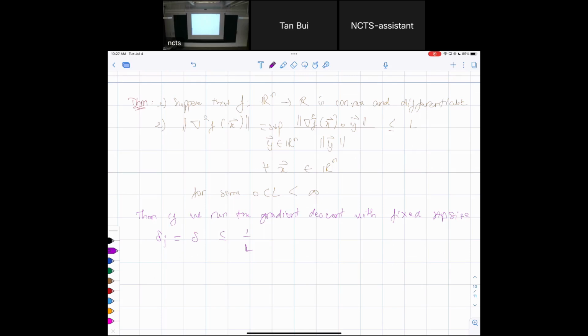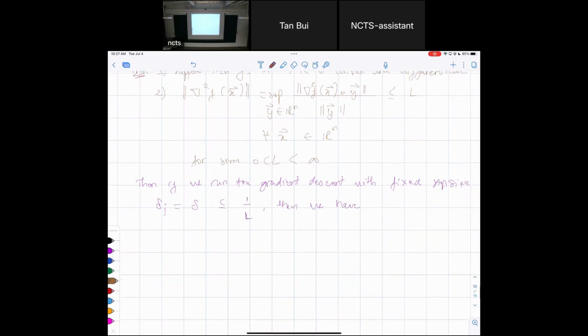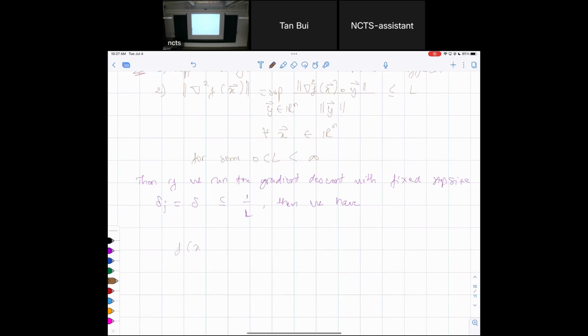If it's less than 1 over L, then we have this: f evaluated at x_{j+1}, at the j+1 iteration, minus f of x star, which is the global minimum, is less than or equal to x_0, I'm sorry, the initial point, minus x star, in the L2 norm,